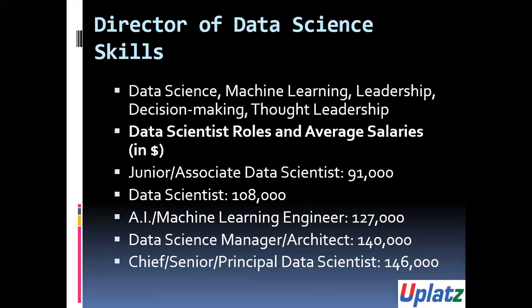Then an AI or machine learning engineer gets about $130,000 every year. The data science manager or the architect gets around $140,000 every year. The chief, senior, or principal data scientist gets around $150,000 every year. Then, very importantly, the director of data science gets around